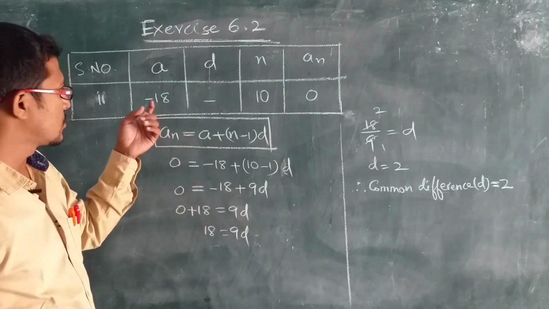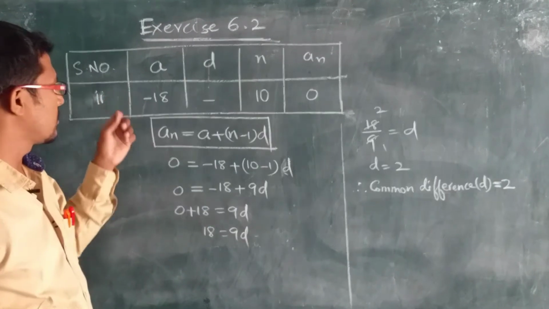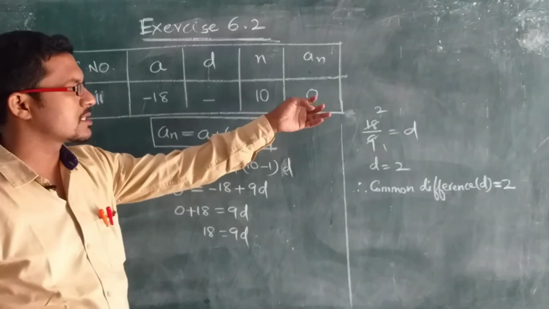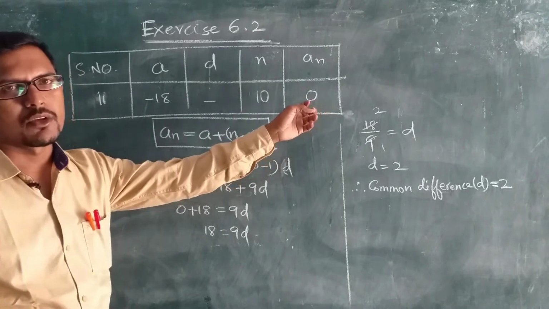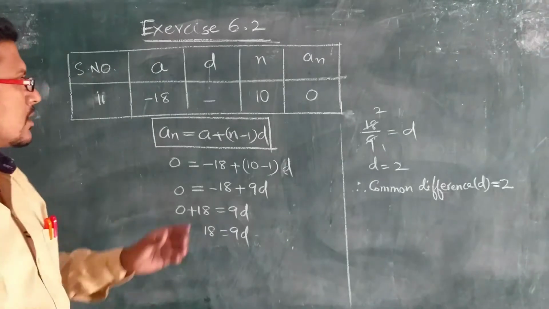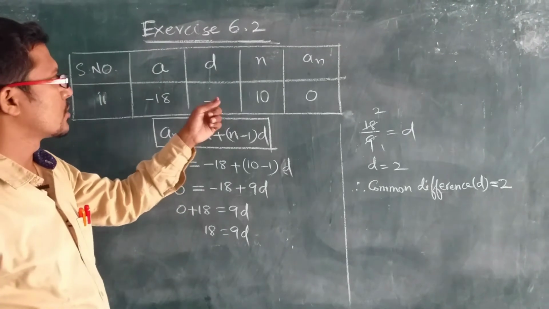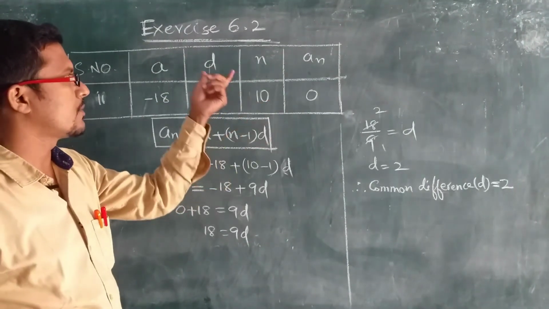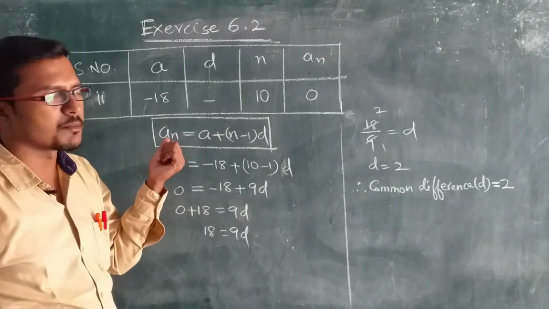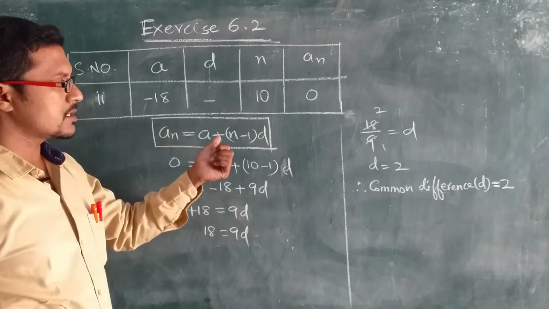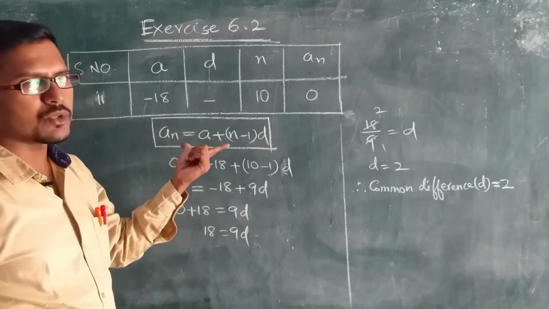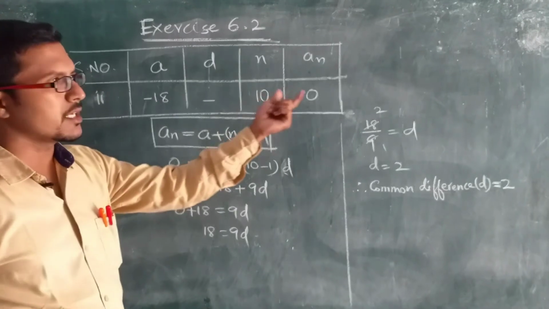So in these 4 terms, 3 terms will be given and the 4th term we have to find. Here I choose to solve the second problem. Why? Because in the first problem AN is given, which is very easy to solve, so I take the second one. See here, D is not given. So with the help of the other 3 we have to find the common difference. We know that the formula for the nth term is AN is equals to A plus N minus 1 into D. Okay. So in this formula we have to substitute all the given 3 terms.